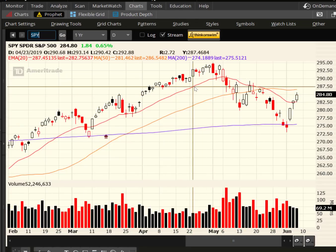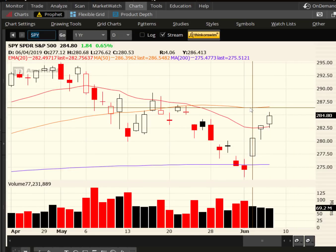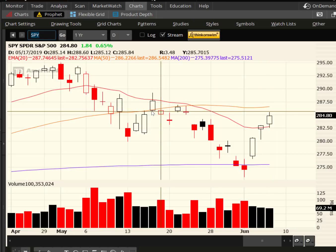The Spider is up 0.65% today, $1.84, really close to that 50-day SMA in orange. I think that will be a litmus test and inflection point. If we fail and we roll over, bad sign. We break through, all of a sudden we're above a major institutional moving average, and we would be getting really